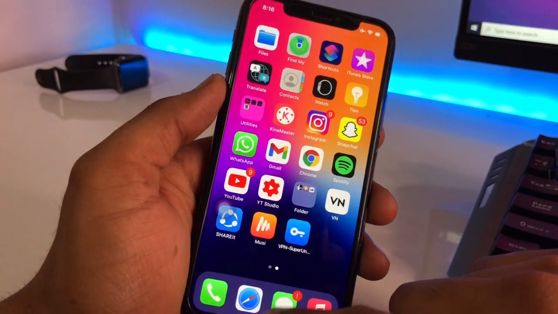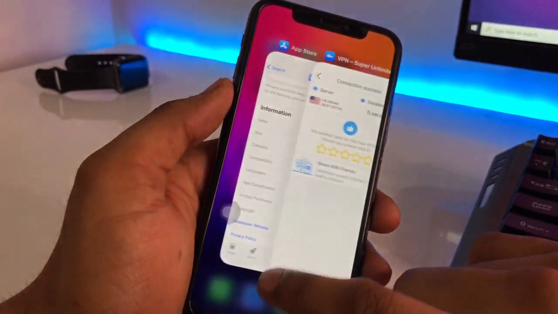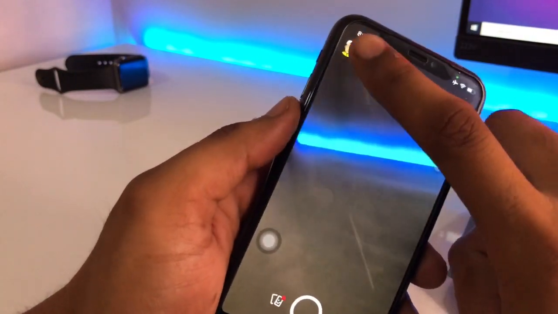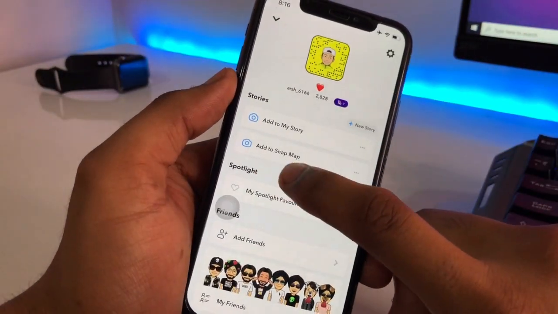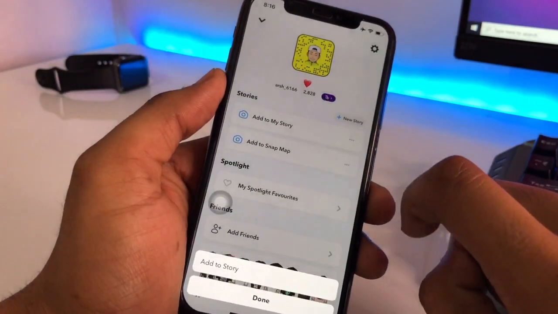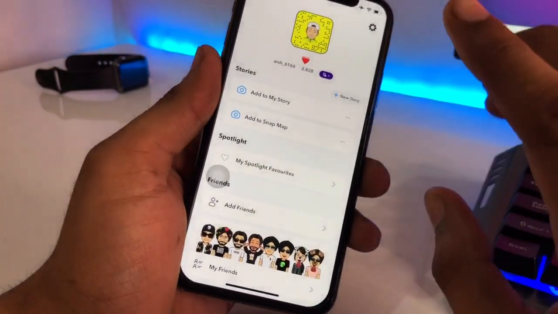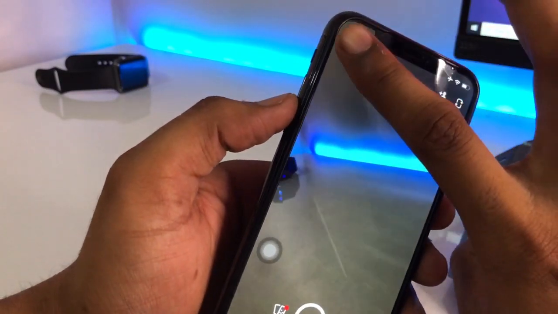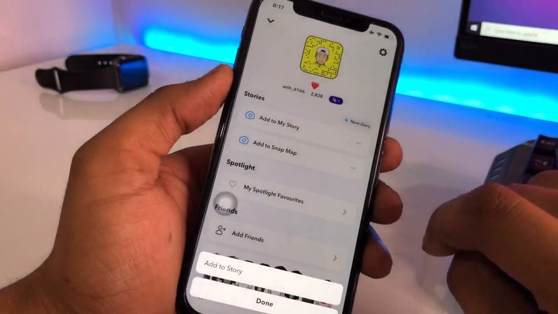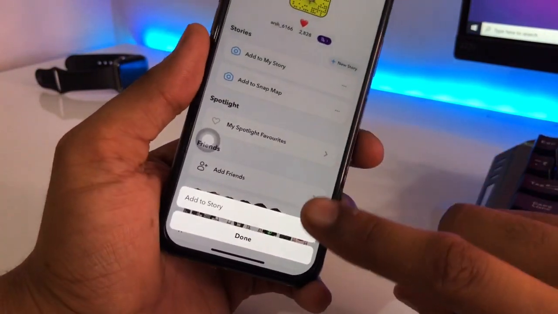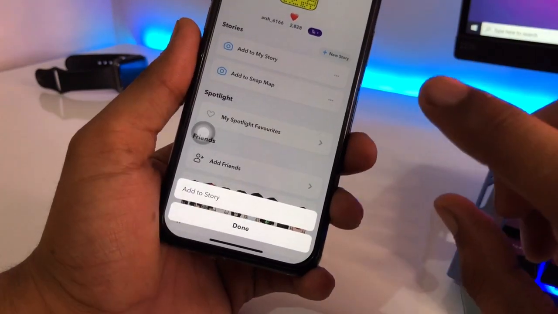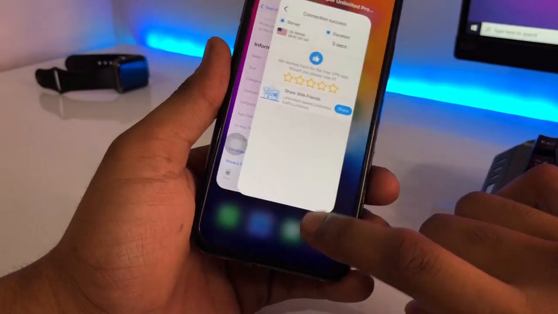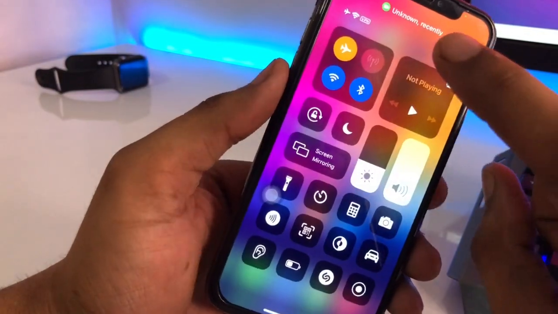Now clear Snapchat from your recents and try to open the app again. You can see my VPN is connected. Go to your profile section, and here it shows Add to Snap Map. Hit the three dots, and we need to wait for 2 to 3 minutes. After waiting, open your Snapchat app again, go to your profile section and click the three dots, and you can see my public profile is not showing here. But we just need to wait for about 1 week, and make sure that during that week, whenever you open Snapchat, you are connected with VPN.